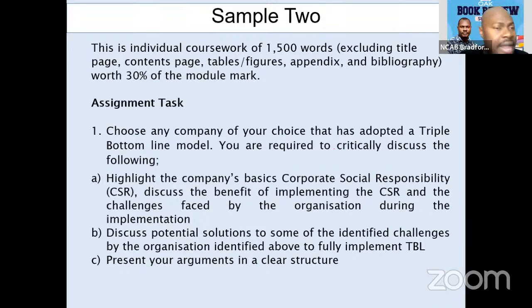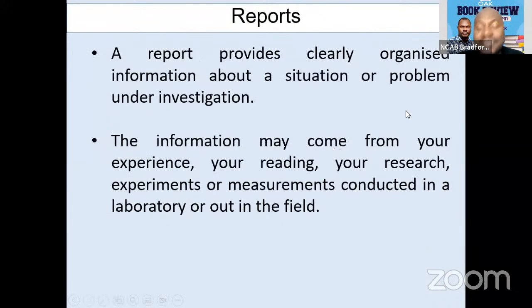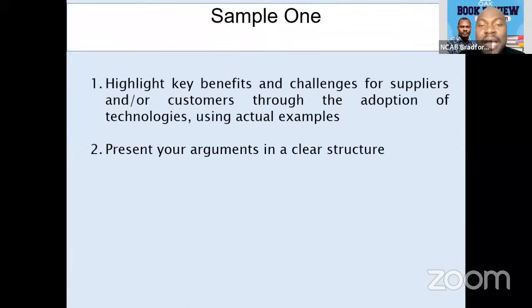Sincerely, Arienta, this is what I want. That's a good structure. You have given me an introduction, and you have also mentioned the benefits. If you look at this, you have actually been given the structure here, and that is what most students don't know.